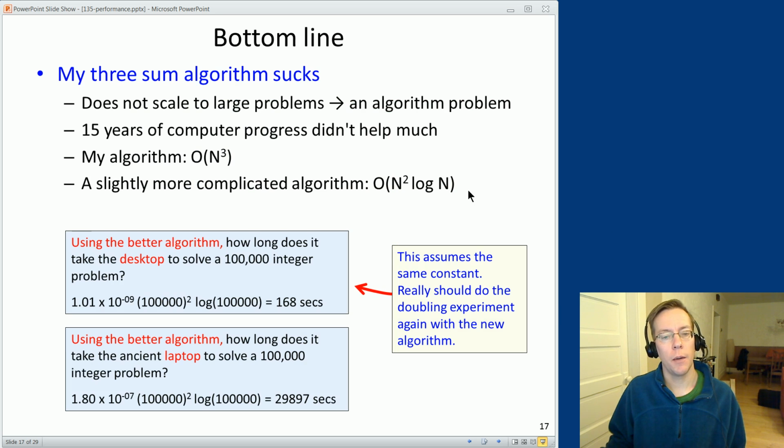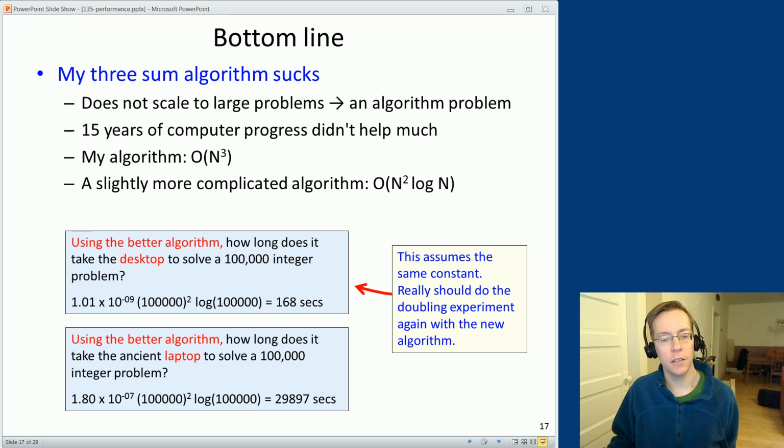If I came up with a slightly more clever algorithm, you can come up with one that uses a bit of sorting and so on and get something that's n squared times log n. And again, this makes a big difference. Log n is much, much smaller than n. And yes, it's still n squared, but if now I plug in, and I'm assuming the same constant here, which is maybe a bit naughty, but let's